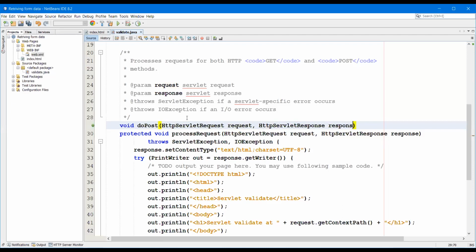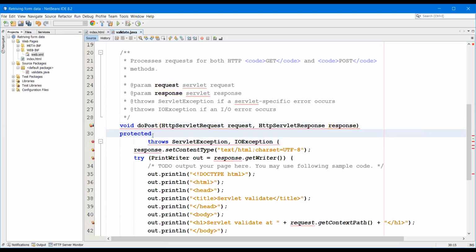We are going to create two objects. It throws ServletException and IOException. So we are going to remove this code, that is not required.